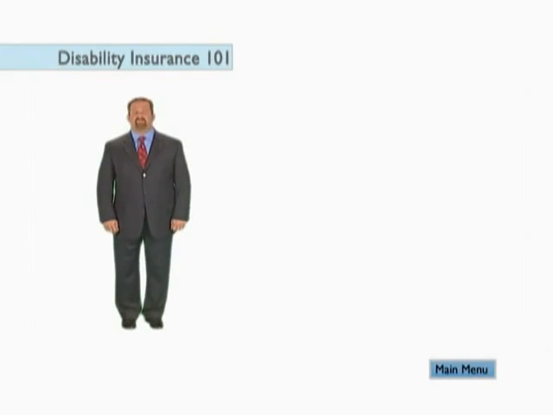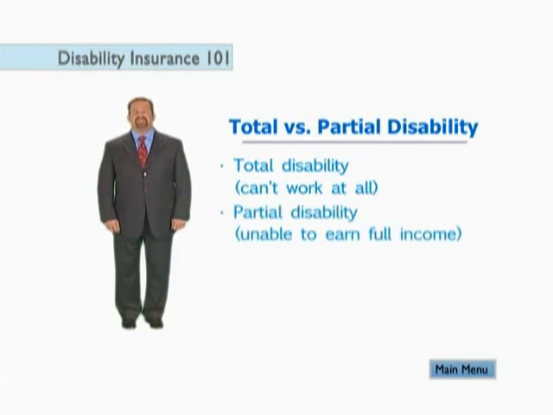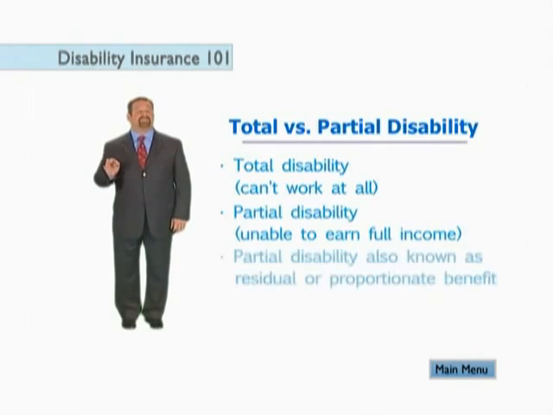The next component is whether or not the policy will pay for a partial disability. Many disability policies will pay if you're totally disabled, but the better policies will pay if you're partially disabled. Typically, they will pay in proportion to your lost income. If you're working half-time and earning half of your income, then the policy will pay half of your benefit. This is referred to as a residual, partial, or proportionate benefit for a disability policy. This is a very important feature to have.